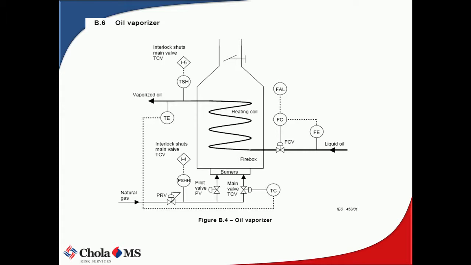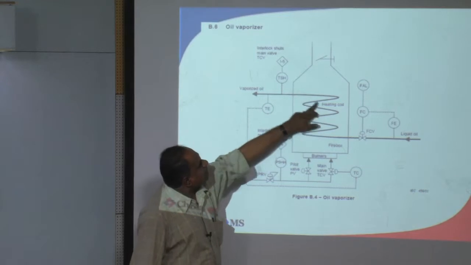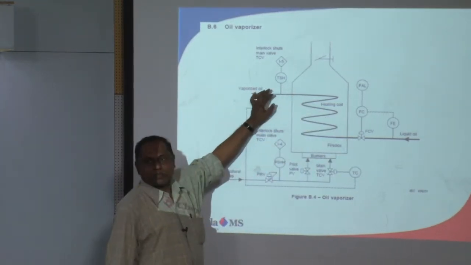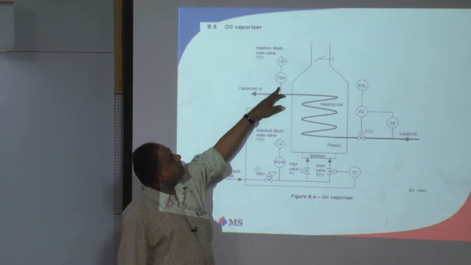But okay, this doesn't cut off anything. This only gives an alarm. In case more flow comes, it doesn't cut off this flow, or it doesn't cut off this heating system. It is limited to only giving an alarm. Okay, so it gets heated up, and then it goes outside. It's coming in at 60 degrees. It gets heated up to 300 degrees. Above 300 degrees, what is this?